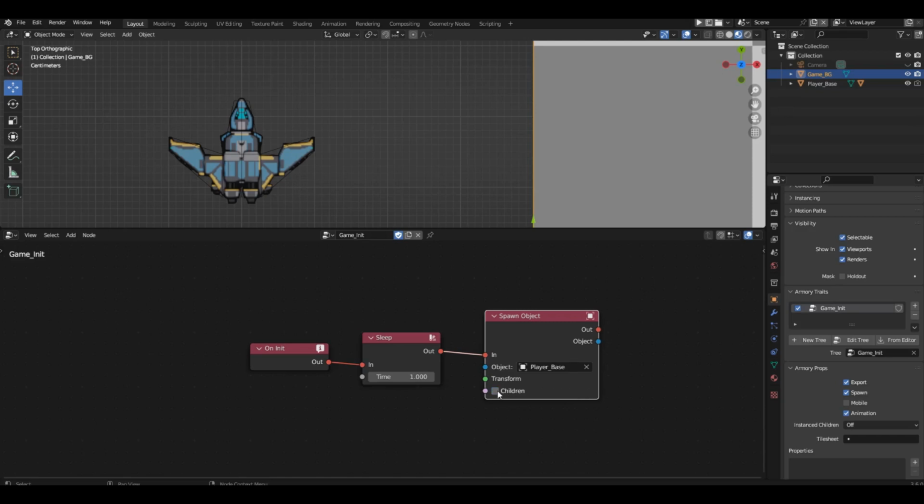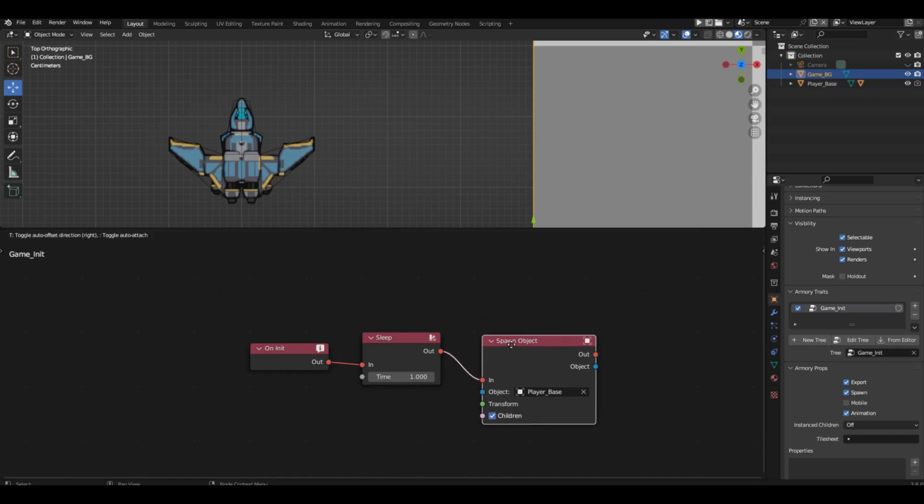And we have a picture of a ship attached to the base in case you forgot. If you uncheck it, the base will appear on the scene alone, without any children. And we won't see anything because the base is invisible. Don't rush to start the game. We haven't specified the coordinates yet, where the base should appear.